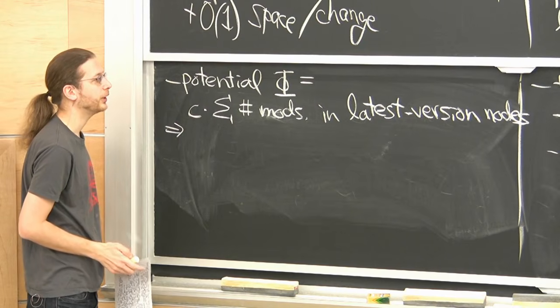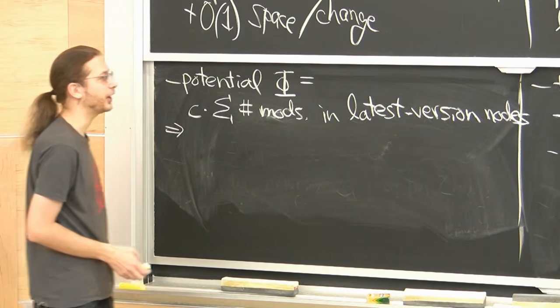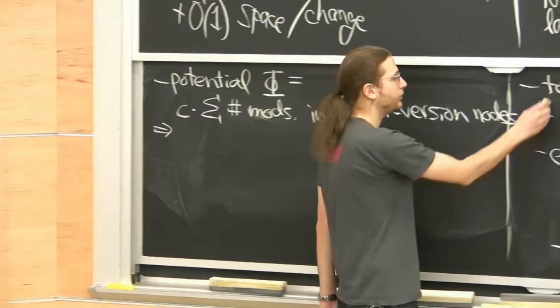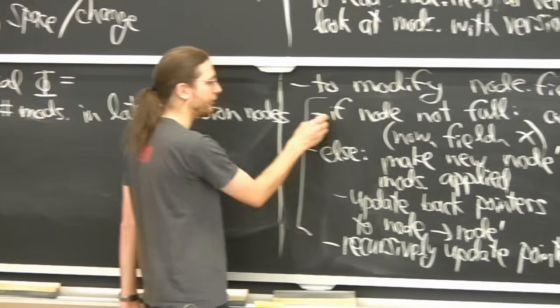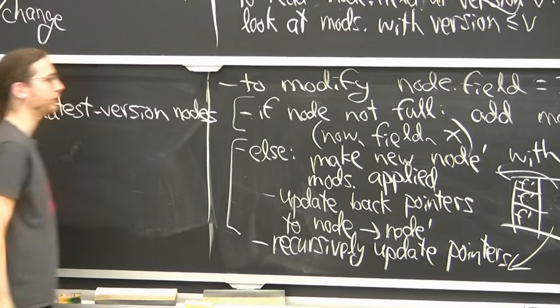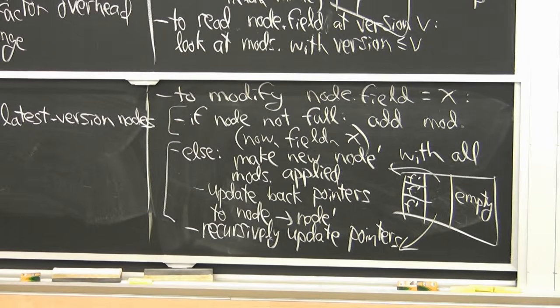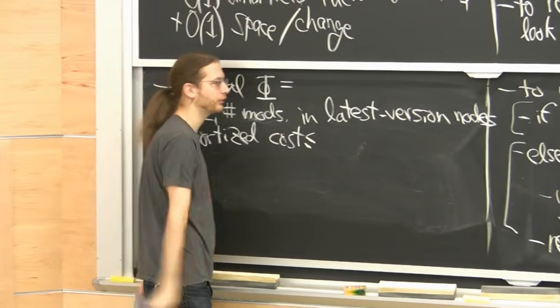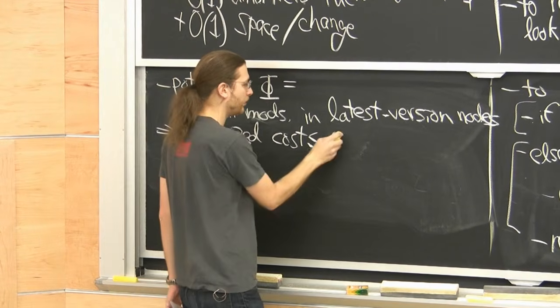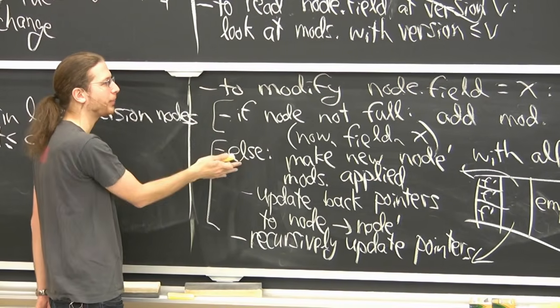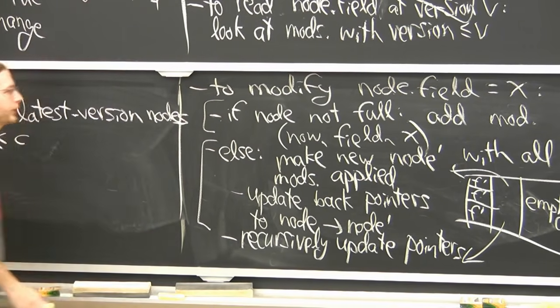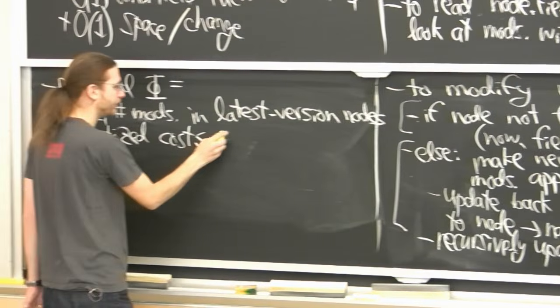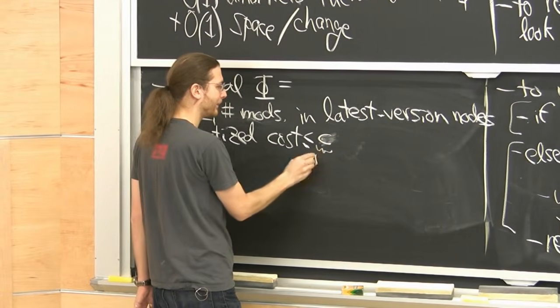Okay, so what is amortized cost? There's sort of two cases for a modification. There's the cheap case and the not so cheap case. In general, amortized cost, in both cases, is going to be at most, well, first of all, we do some constant work just to figure out all this stuff, make copies, whatever. So that's some constant time.